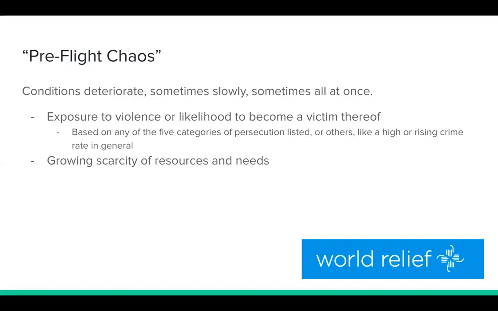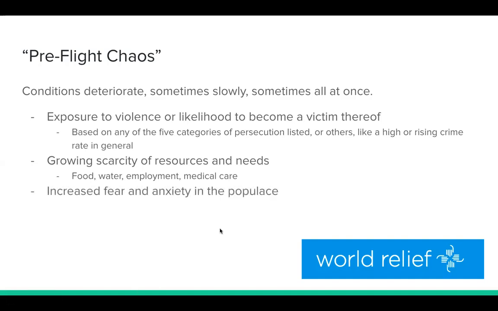Growing scarcity of resources and needs in general is another marker of pre-flight chaos. This could be food, water, employment, medical care, access to, so like the systems start to fail, right? You may not be able to access your money in your bank, or power, internet, etc. So increased fear and anxiety in general, which kind of snowballs into more likelihood for violence